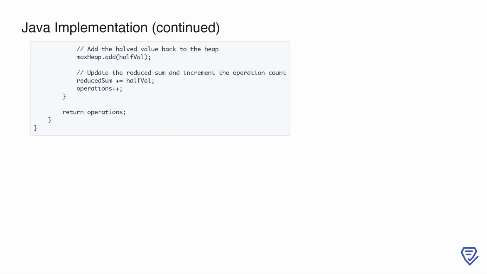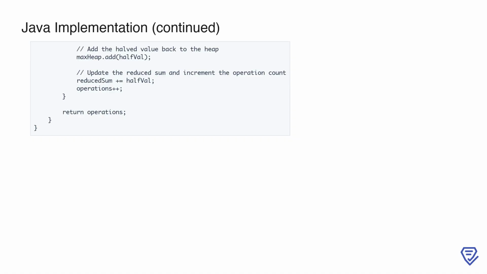The loop continues until reduced sum reaches or exceeds the target, ensuring that the array's total sum is reduced to half or less. Finally, the method returns the operations count, which represents the minimum number of halving operations required to achieve the desired reduction. This implementation efficiently handles the problem by leveraging the max heap to always target the largest value for halving, minimizing